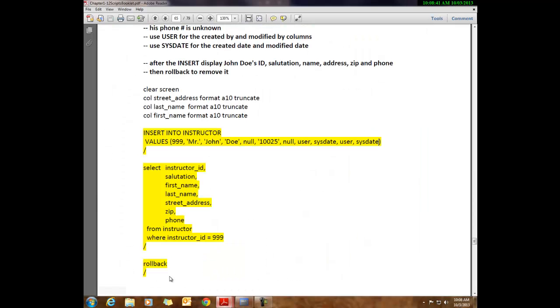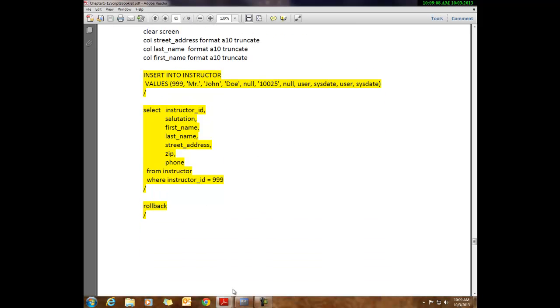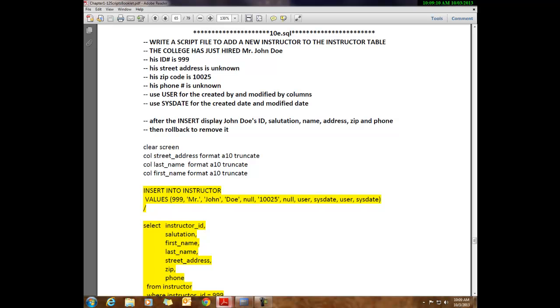And then what I also want to point out to you is, for the first time, this is how you do a numeric value. There are no quotes around it. Instructor ID is numeric. I inserted a null value, so I just used the reserved word null. Zip code is a character column. You better put the quotes around it. And then I use user and sysdate finally here at the end, and I have a select statement to check myself on it. So let's go ahead and run